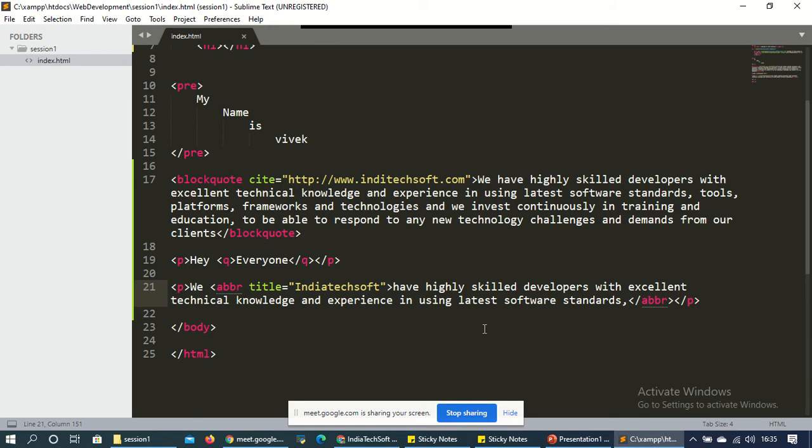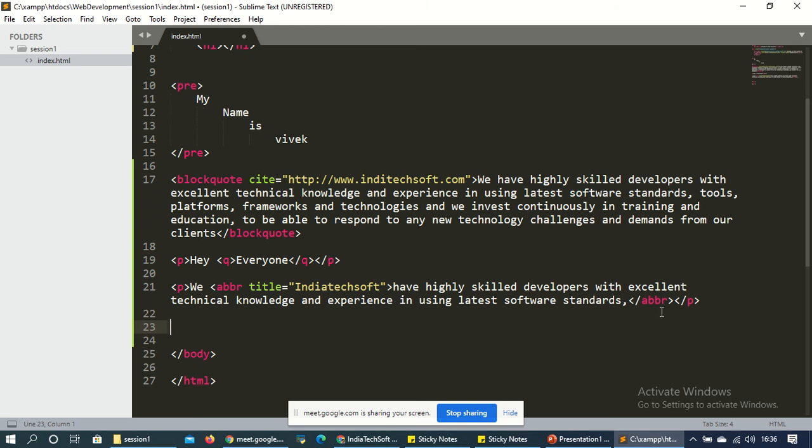so these are different. You can also use address for contact information. If you want to give some contact information or address in your HTML page, then you can use the address tag. It defines contact information like the author or owner of a document or article, meaning who has written these books, or who has written this code. Okay, it is shown in italic. By default, address is in italic.